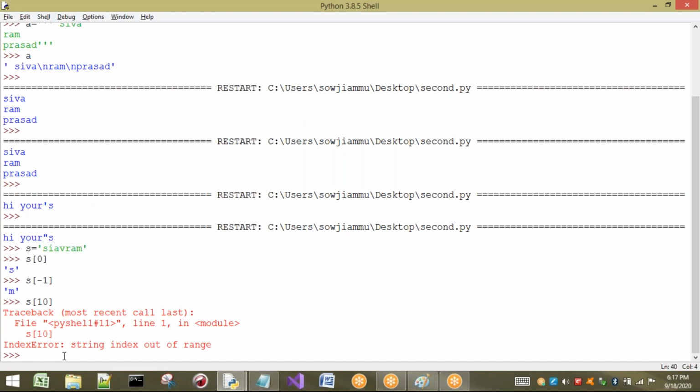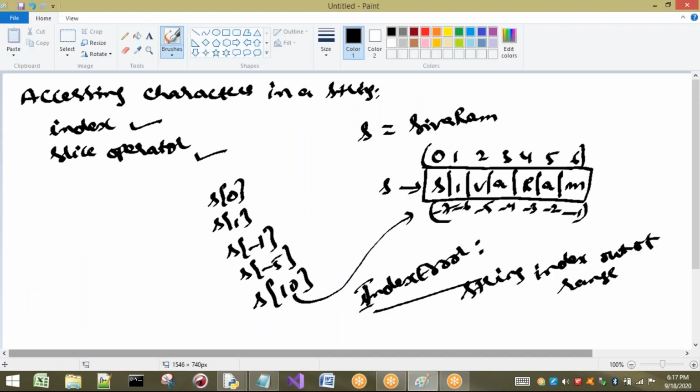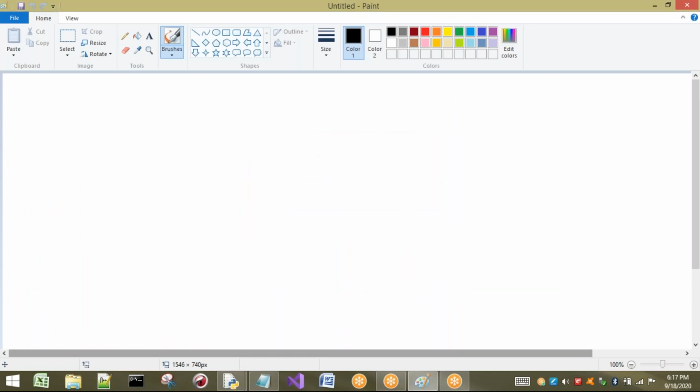Now the important operator is the slice operator. Whatever we have seen in the previous session, I discussed only a little bit, but now I am going to discuss this slice operator in detail. How are we going to use it? I am going to consider square brackets, and in that I am going to use colon.